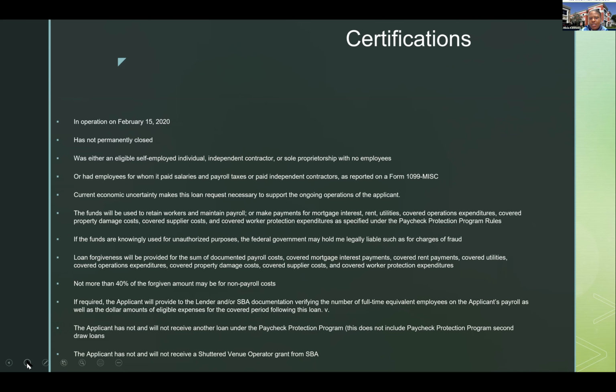If the funds are knowingly used for unauthorized purposes, you are certifying that the federal government may hold you legally liable, such as charges of fraud. Loan forgiveness will be provided for the sum of the documented payroll costs or covered mortgage interest or all of those other covered expenses that we mentioned, but no more than 40% of the forgiven amount may be for non-payroll costs. You're further certifying, if it's required, that the applicant will provide the lender or SBA documentation verifying that the